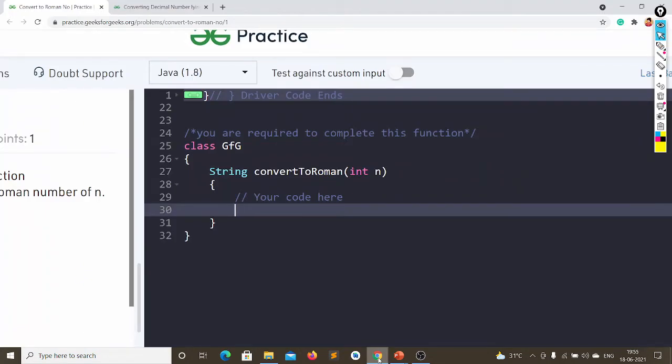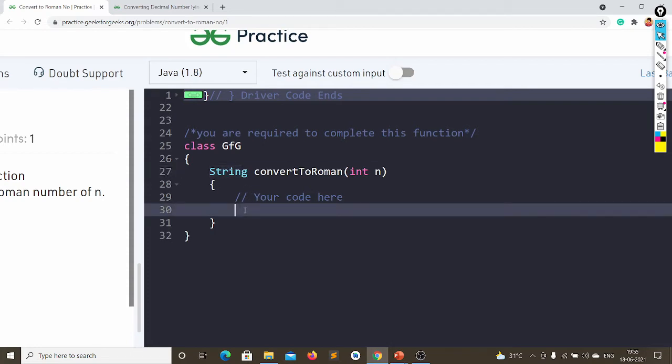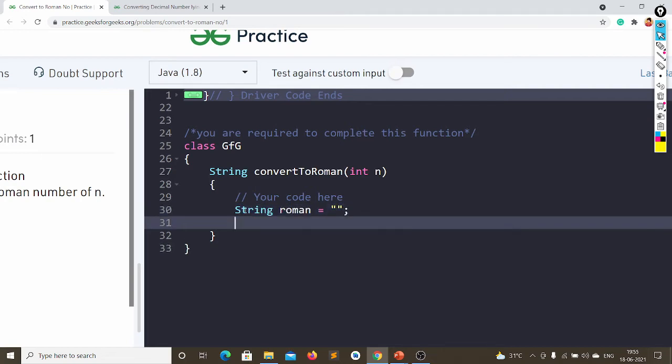So first of all, we have to return a string here. So let's take string Roman is equal to some empty string, and let's take an int values array.